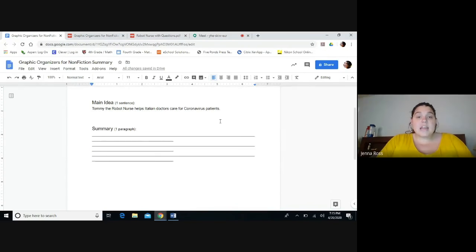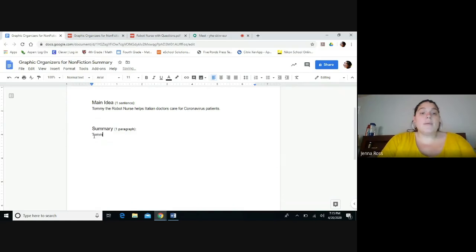And the first thing that I'm going to do is copy this main idea sentence word for word and type it into my summary. Okay, because we want to talk about what the most important thing is, and this is what the whole passage is about. So I'm going to retype this right into my summary